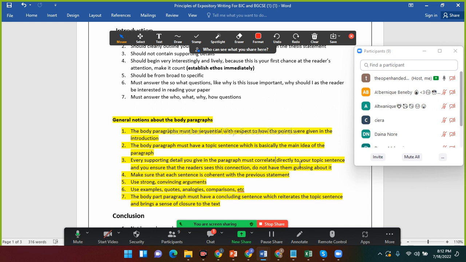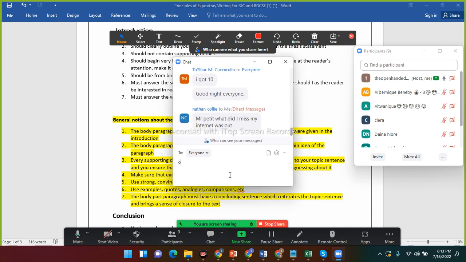Listen, this thing has structure. When you write your body paragraph, the first thing you're thinking is, okay, what is my topic sentence? Okay, my topic sentence is that students should not be permitted to have cell phones on campus because it's a distraction. And so what that means is that